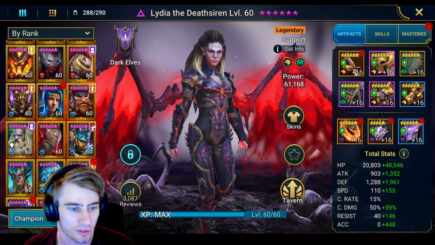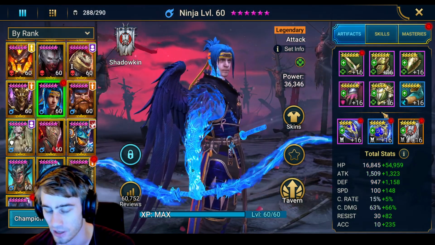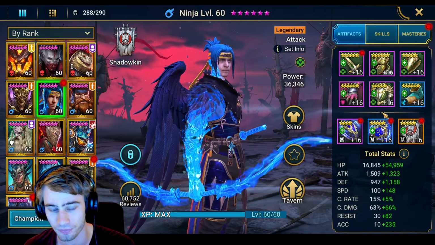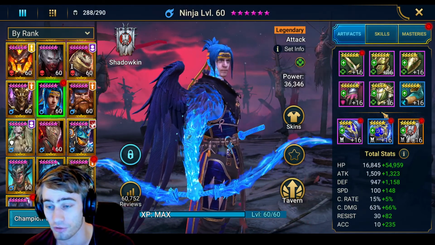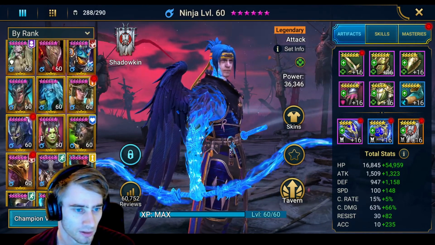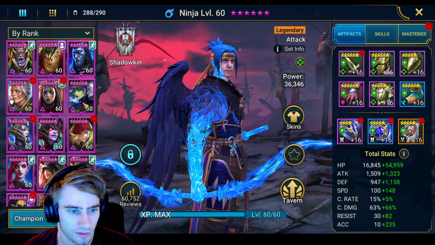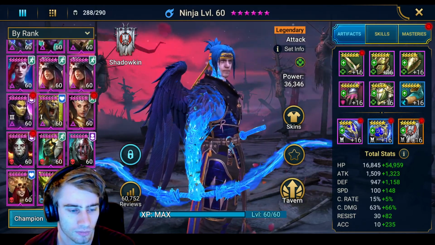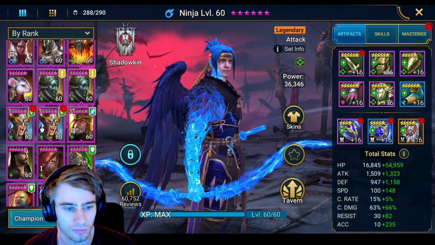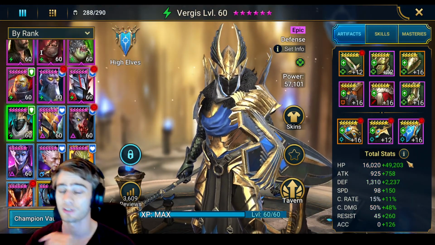What else did I use in this run? Ninja. This is the optimal build, I think, in the regen set. Yeah, then he will just survive everything, building fast. That's it, basically. What else did I use? Inquisitor Shamel, yeah. Well, Vergus, as you see, his